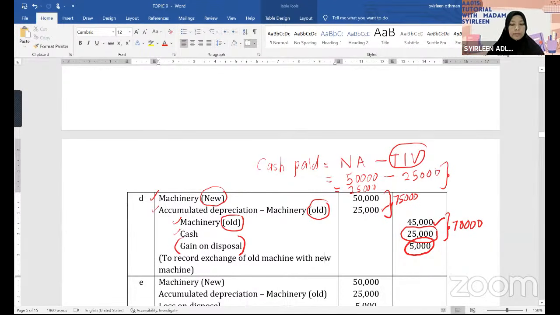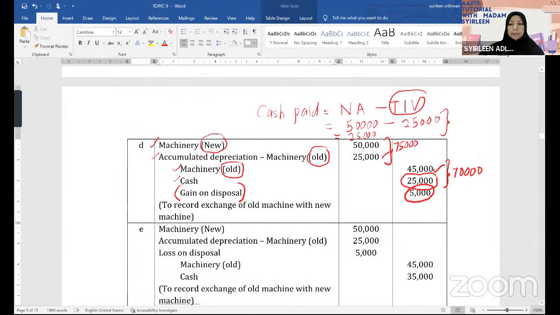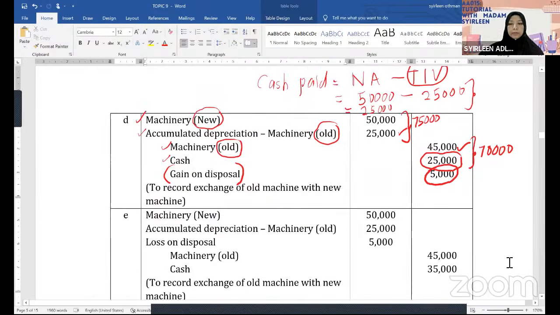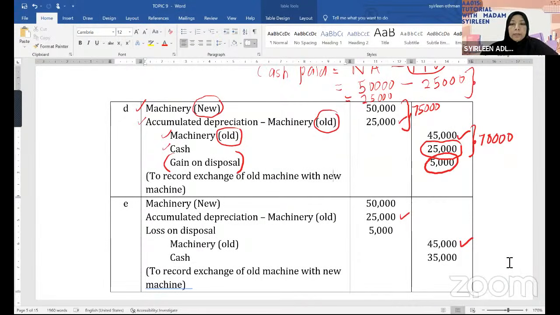Alright. Okay. So for the last question, kita trade in sama juga. Trade in dengan aset yang baru. Tapi dia tak bagi kamu trade in value. Dia just simply give you the amount that you need to pay. Alright. So bila saya dispose aset lama. Okay. What I need to do is saya akan credit the old asset. Okay, and then saya akan debit the accumulated depreciation for the asset. Okay, once I am done with that, saya akan catat aset yang baru dibeli, which is debit machinery new with